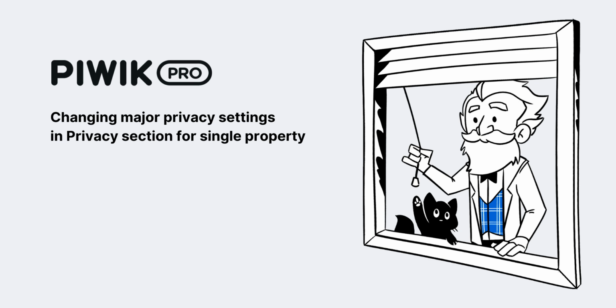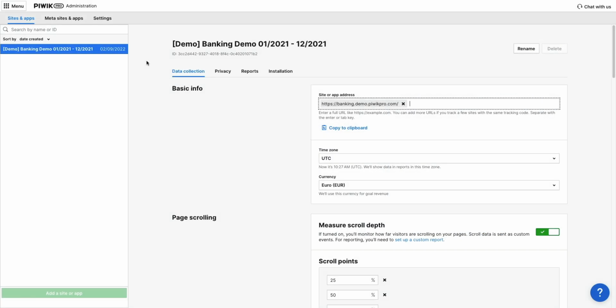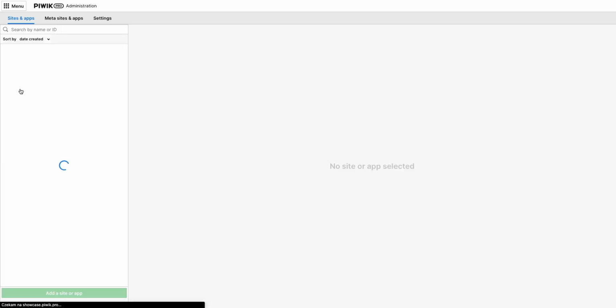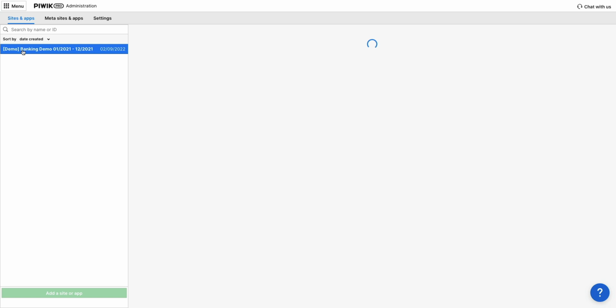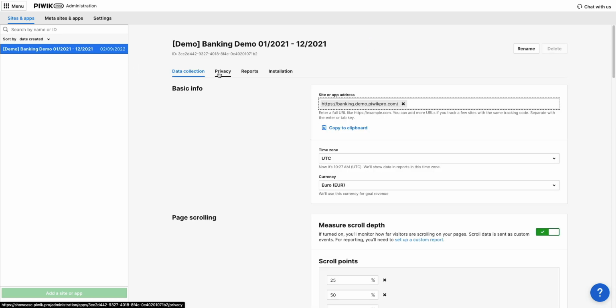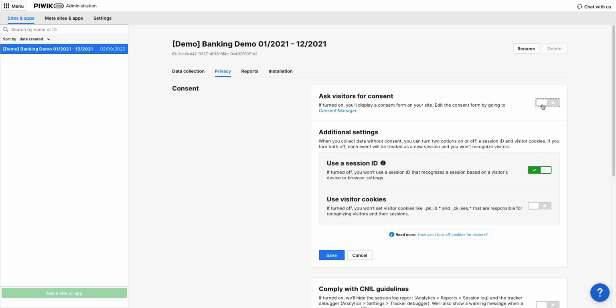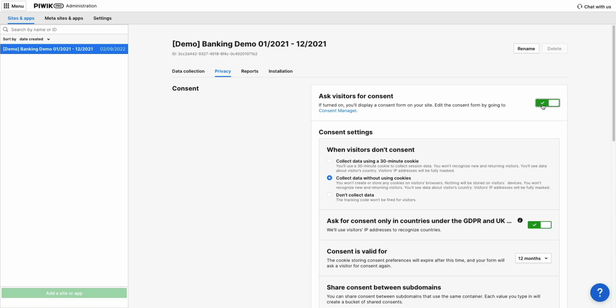Now, let's go to the privacy section for the single property. It's located in the administration module of our platform. Just go to the Administration, Sites and Apps, choose your site, Privacy. Here you can toggle the Ask Visitors for Consent option to turn on or off the consent form on your website. Remember that it's on by default, meaning that we will show a consent form the moment you install our platform